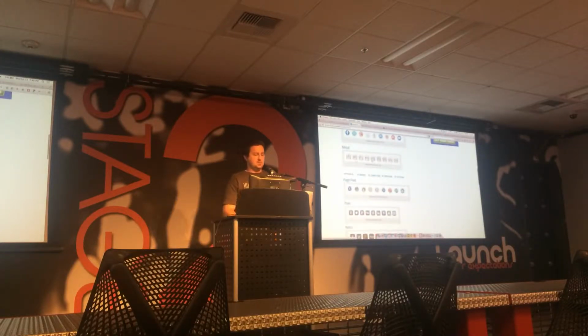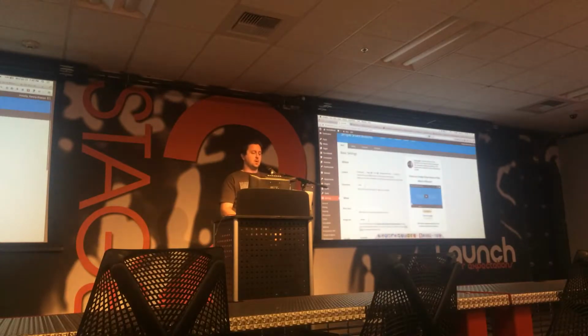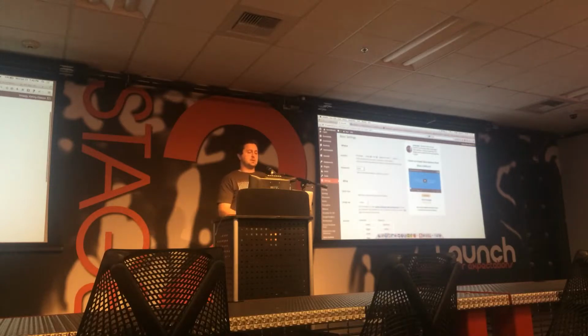So all you would do to use one of these, after you activate the plugin, is come down here to your settings. You pick where you want it to show up. If you want it on your home page, your pages, or your posts, or on the archives, pick and choose wherever you want them. You can pick whether you want it after the content, before the content, or both, so it'll show up twice in the feed. You can customize what the text actually says when it shares to that network.